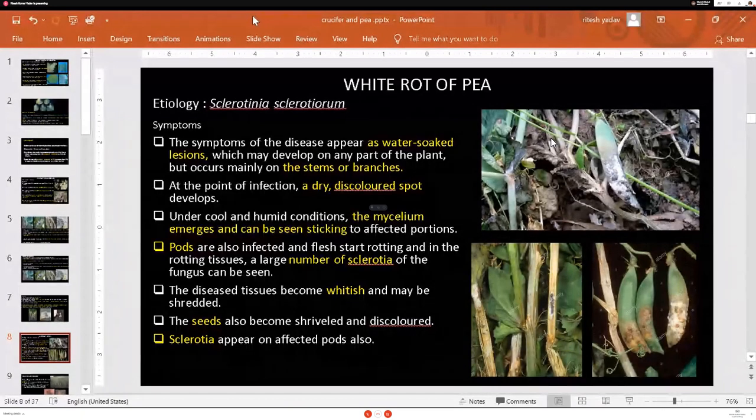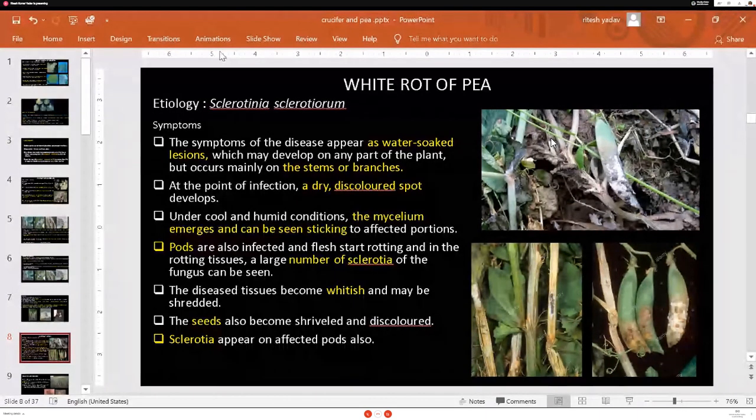The symptoms are very, very similar. In the case of Sclerotinia and Sclerotium infection, the symptoms are very similar in different host crops. Again, this is soil borne. Generally, it infects the collar region. It causes water soaking on the lower stem region, and it progresses. It causes extensive water soaking that is followed by